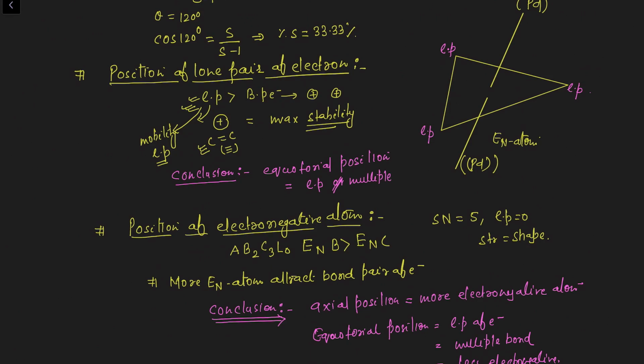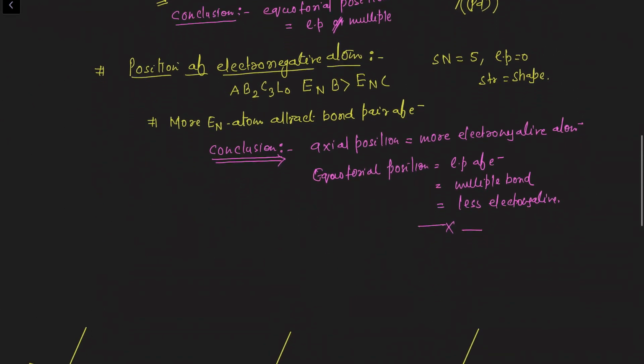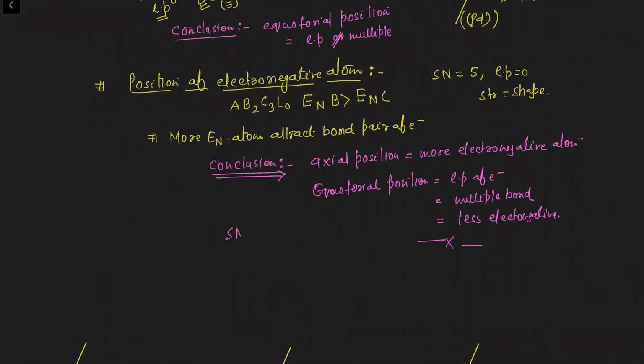So again we will repeat the last video's story, right? So what is the formula for the steric number? For the steric number calculation, it is the number of sigma bonds plus lone pairs of electrons. In the previous video, in the first video, I told you that this formula will give you all the information about the geometry of the molecule and hybridization of the molecule. Now we are going to solve some examples.